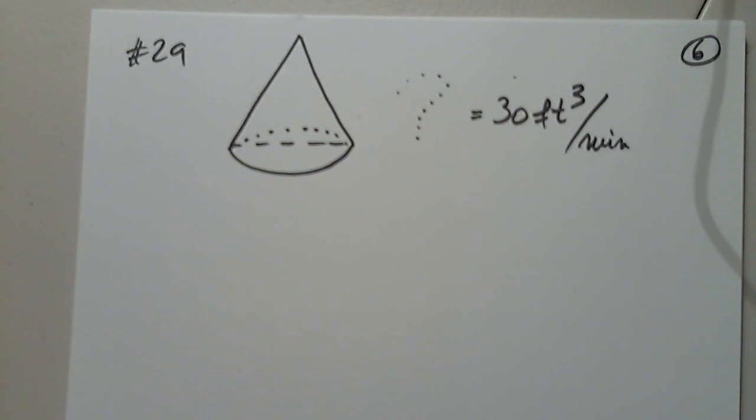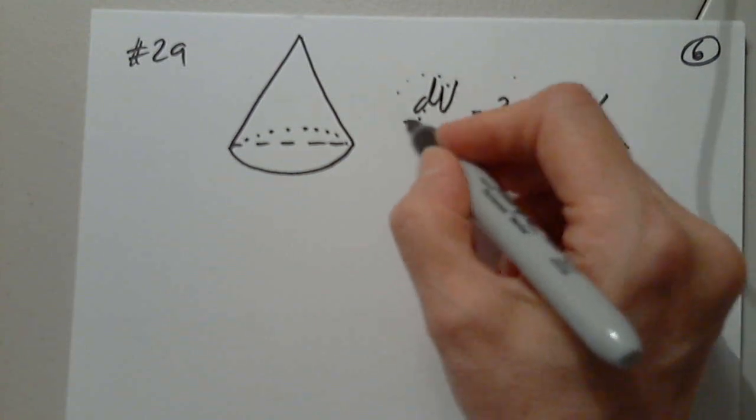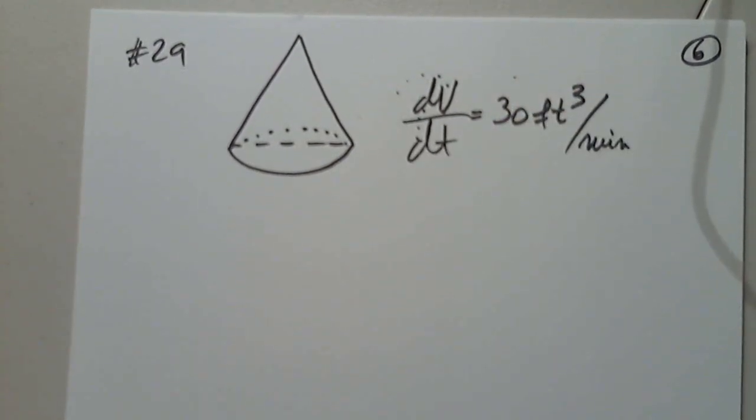I can move on before I identify what this is. Is that dV? Absolutely, because it's cubic feet, of course. dV over dt, the derivative of volume with respect to time. Awesome, thank you. Good. And its coarseness is such that it forms a pile in the shape of a cone